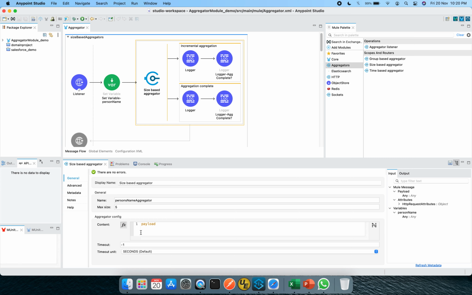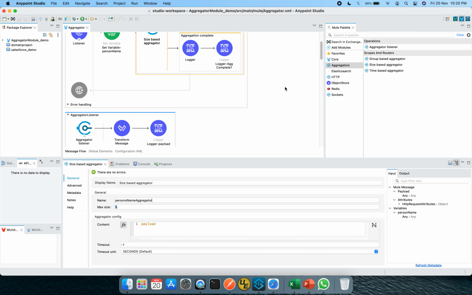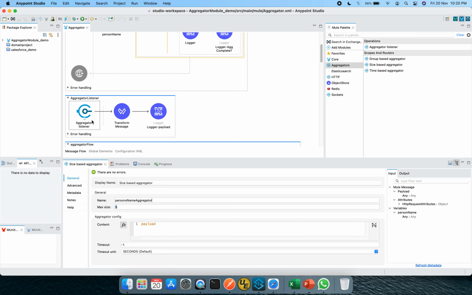For this particular use case, I am more interested in showing you the scope of this max size, what it is all about. And this name is very specific, so use it accordingly, because it needs to be unique in nature. The reason being, I will be using the same name in the aggregator listener as well.